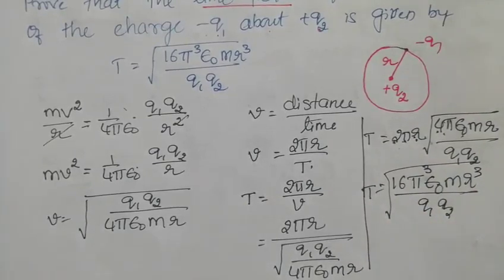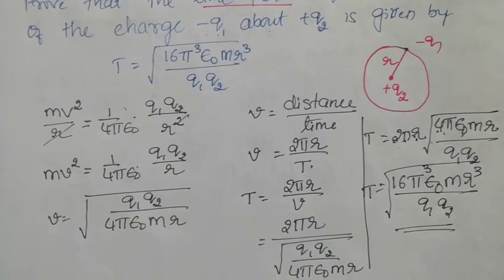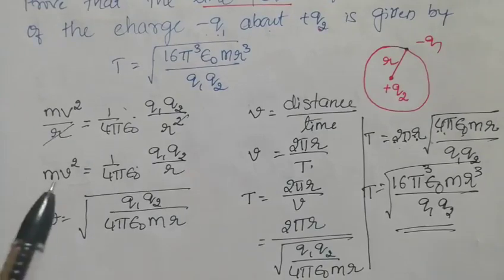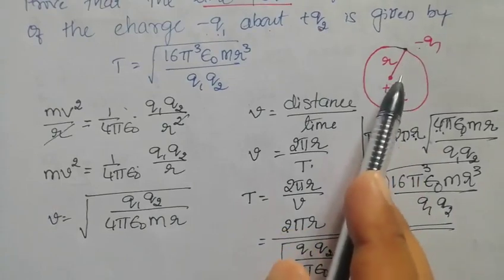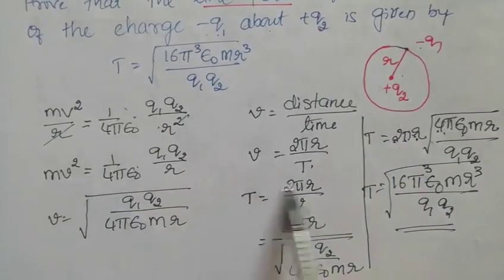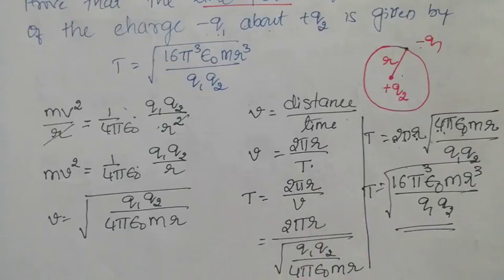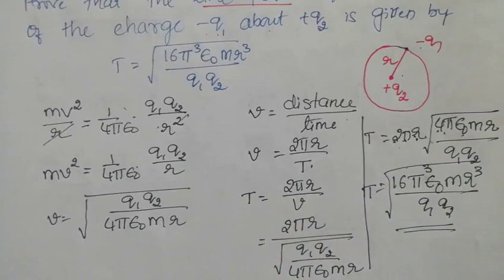So in this case, one charge is revolving around the other charge, and this is about the time period. Like this you can calculate. What I want to say is, try to understand the basic concept behind the question. If you are able to crack that logic, then the question is almost done. The basic idea here is that the centripetal force must be equal to the Coulombic force of attraction, which I wrote here. Everything else I have done is mathematics. This is one more formula I need to remember. I always tell you, try to remember the basic principles of physics. That will give you concept clarity, and you will get a very good score in the examination also.